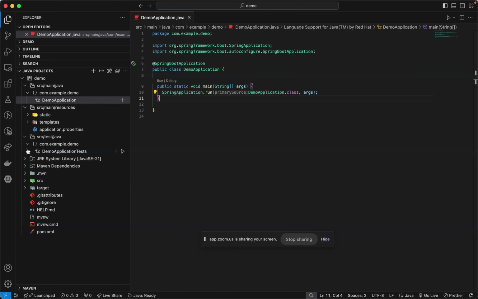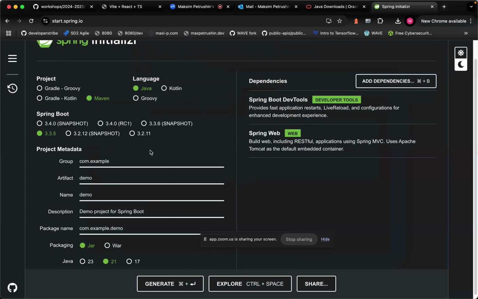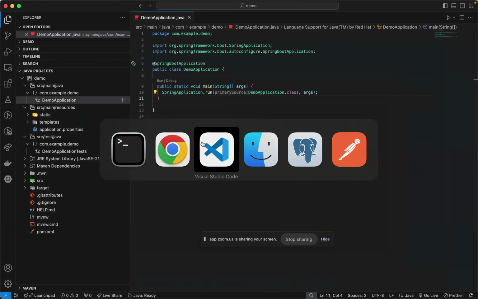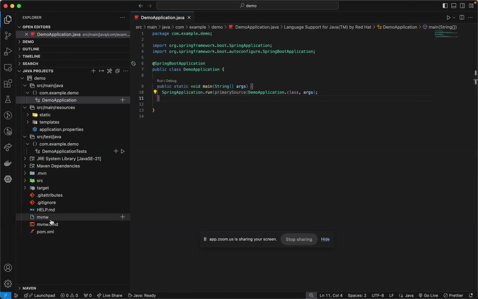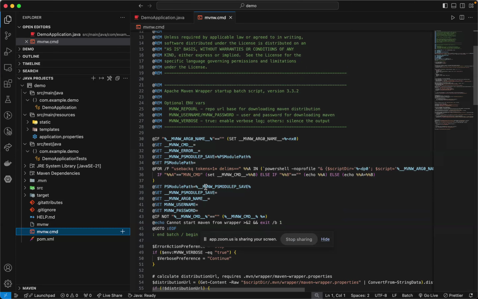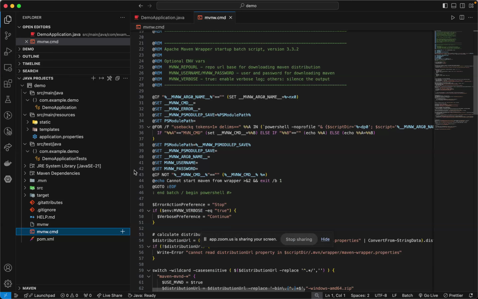And then what else is important here? I guess let's go over the MVN files, right? So MVN is Maven. Remember the thing we configured, the equivalent of npm, right? The manager of dependencies and build process. This is just for those people who don't have Maven installed on their system. If you remember, I didn't ask you to install Maven. This script takes care of that. That's a Maven wrapper, and it's responsible for installing Maven, which is in turn going to compile